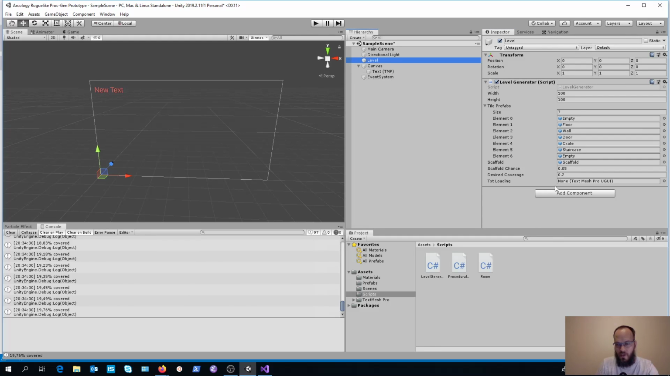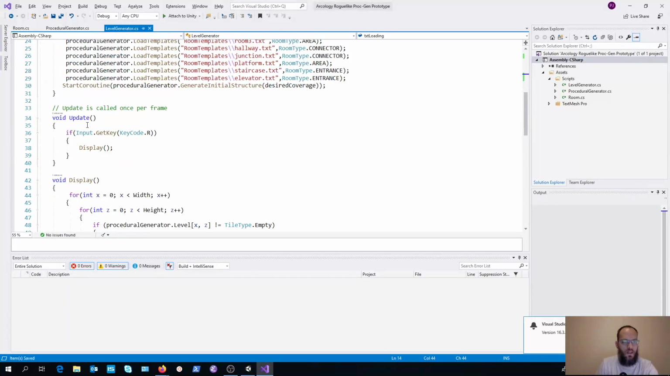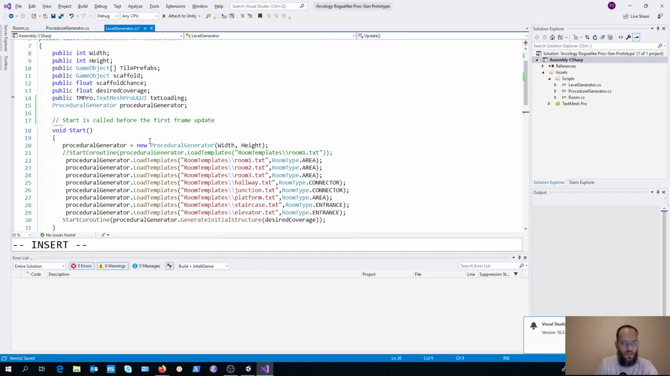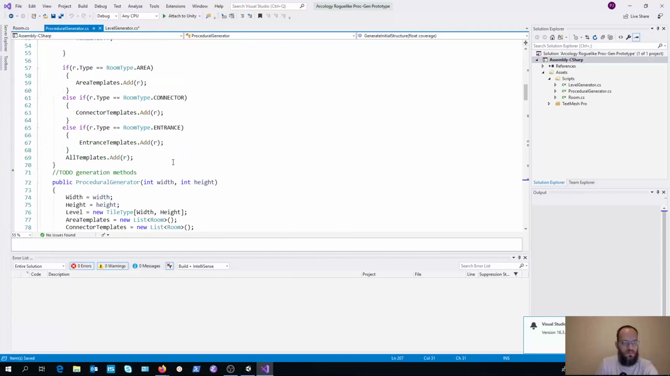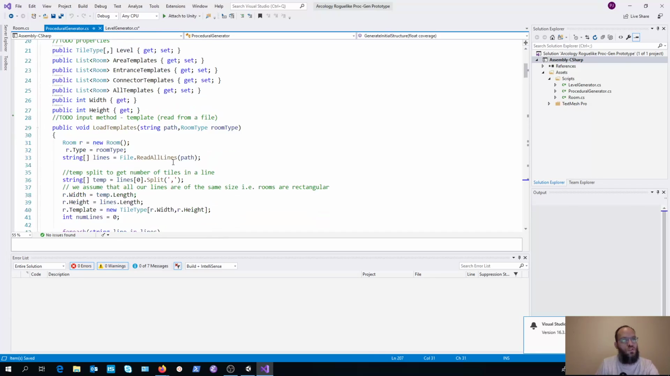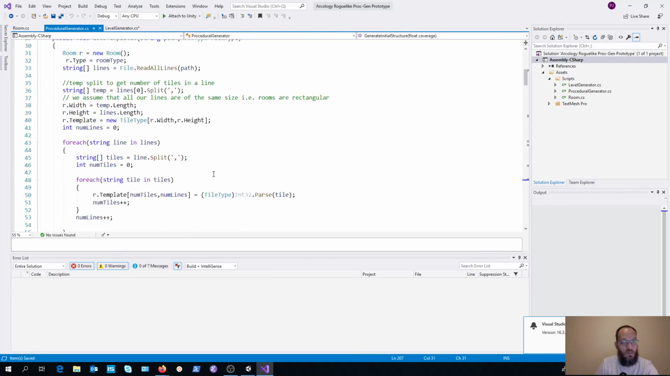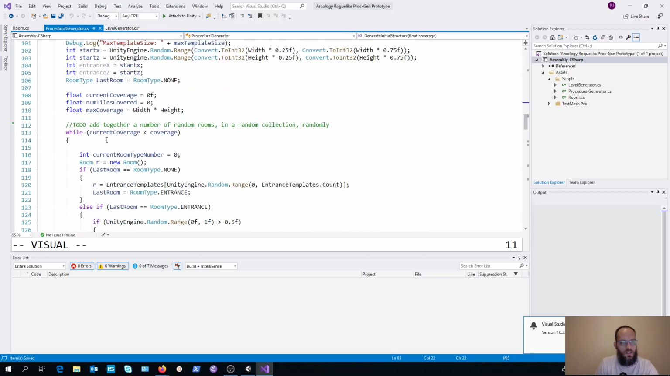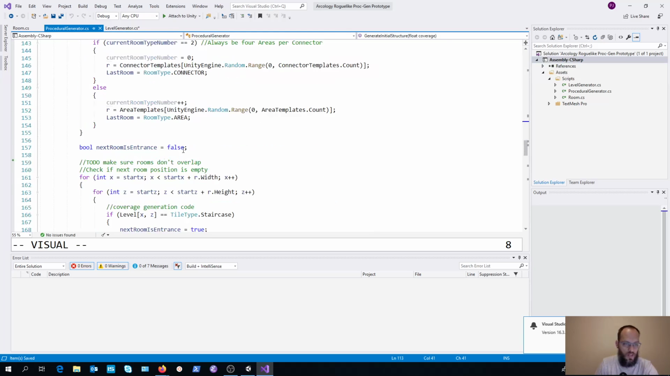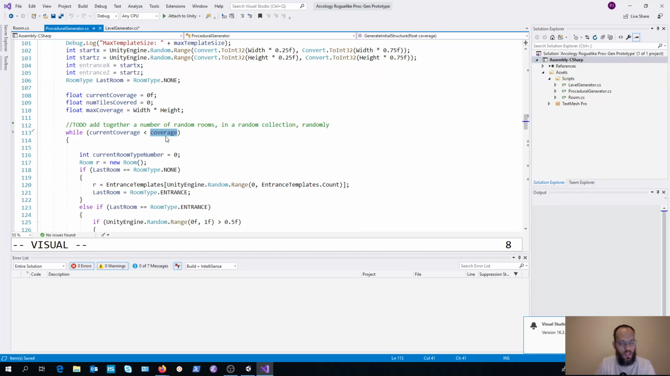This is going to be on my level. I'm going to drag it over there and link them together, and then in update, well, what are we going to display over there? Well, the procedural generator is the thing that actually is generating the rooms, and that's the thing that we want to make sure is done before we do anything else, and that's the feedback we want to give to the user. So it's once again our generate initial structure, this IEnumerator, which is the value that we are interested in. So we want to make sure that our current coverage is less than our